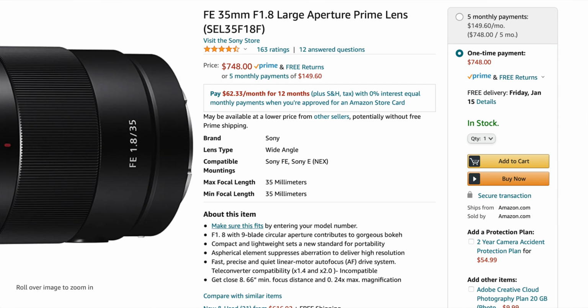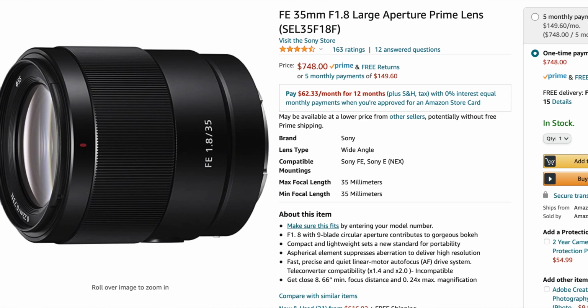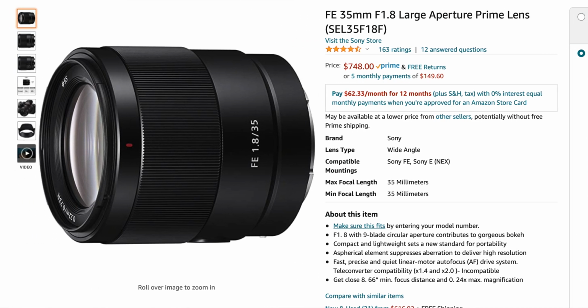So I tried my best to get some samples, to do some tests of the bokeh, and even take a side-by-side shot with the cheaper Sony 35 f1.8, because I bet a lot of you out there have that f1.8 version, which is fantastic. So how much more does the G Master bring you? Well,